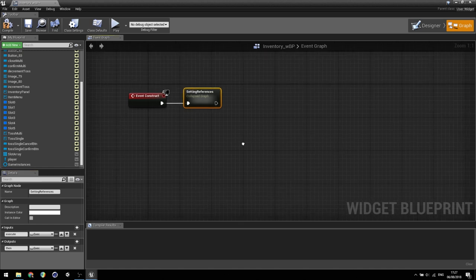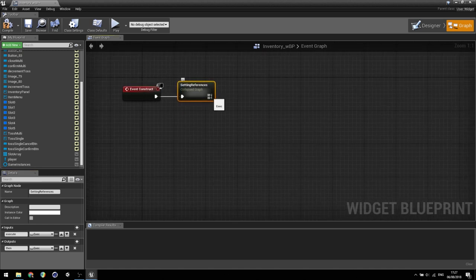So what we're going to do is firstly check if our actual inventory array, which we've set up in the game instance, is less than the array that we've just set up inside our inventory. The reason we're doing this is if our